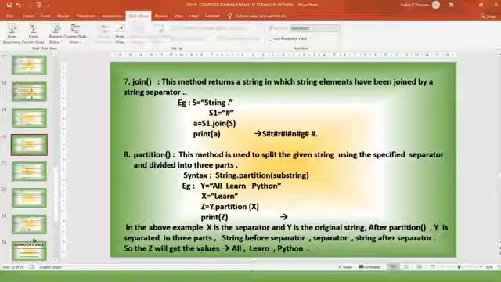So here the given string is partitioned at learn. The part coming on the left side of learn will be one string, learn is the second string, and the part coming after learn will be the third string. So the given string is divided into 3 substrings.